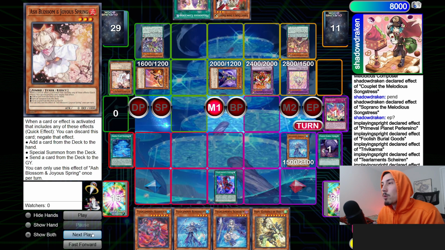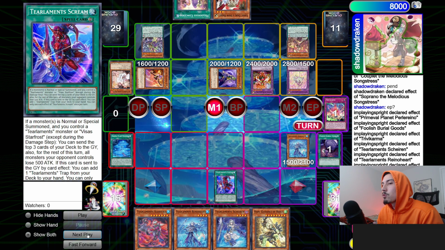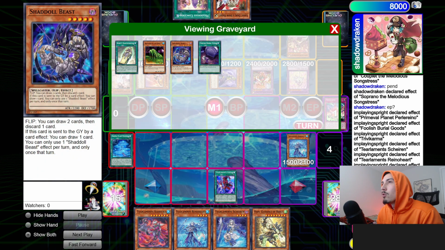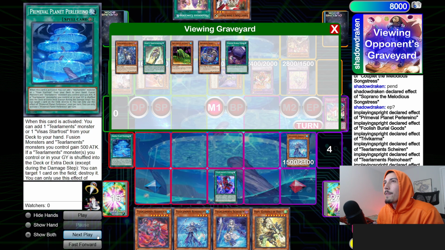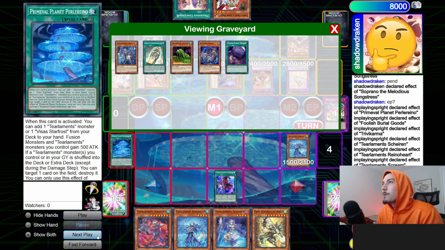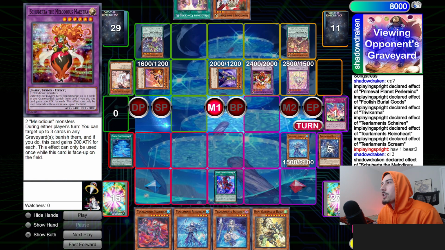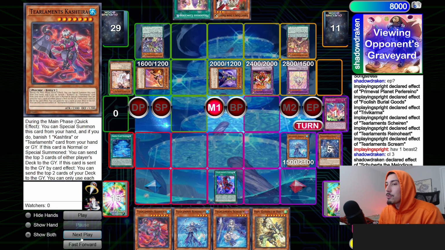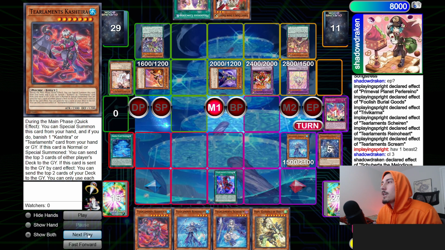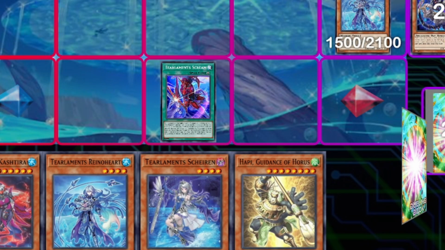Then I proceed to normal summon Rhino, use Rhino Chainlink 1, Scream Chainlink 2. So we go mill Beast King, Shaddoll Beast, and King Sarcophagus there, and then we dump the Havness, and then I say Havness 1, Beast 2. He chains the Schuberta. I don't know, these names are crazy. He chains the Schuberta. I'm going to say Shuffler. It's not even a Shuffler, it's a Banisher, but I'm going to call it a Shuffler because basically it does what Shufflers do. So he chained the Shuffler-esque monster to banish my Beast King, Havness and King Sarcophagus out of my graveyard,